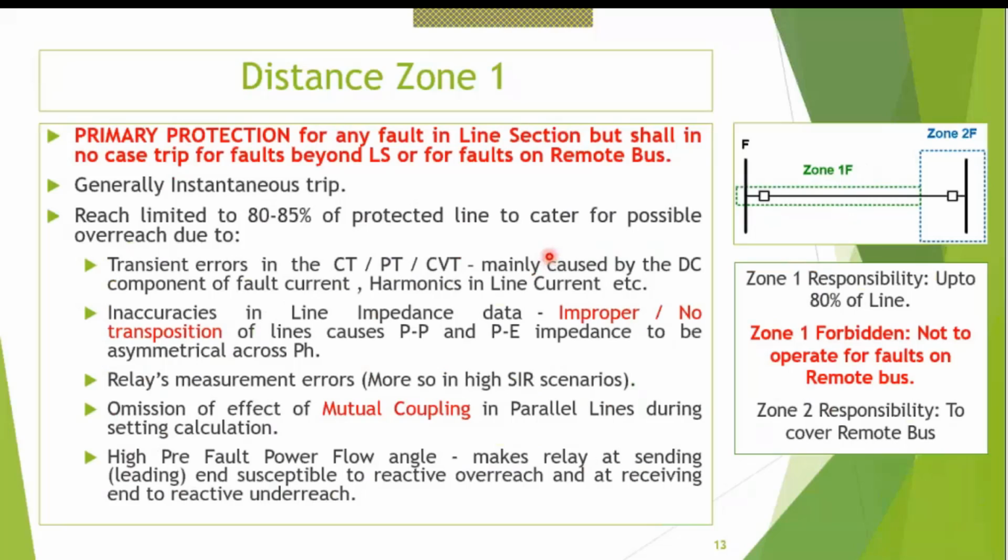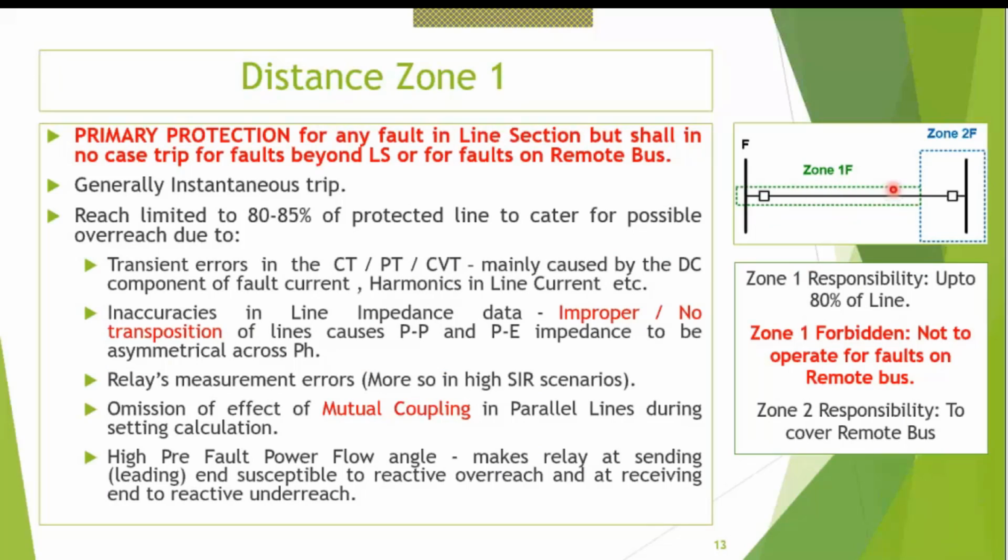Zone 1 is the primary protection for any fault within the line section. But this "but" is vital, I should have underlined it. But shall in no case trip for faults beyond the line section or for remote bus faults. So zone 1 is only up to